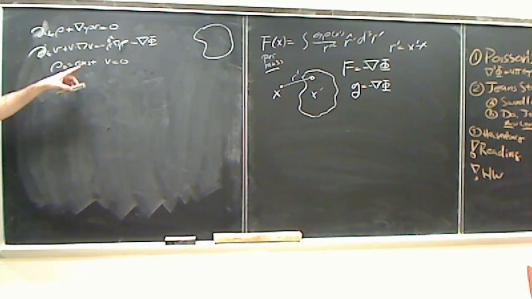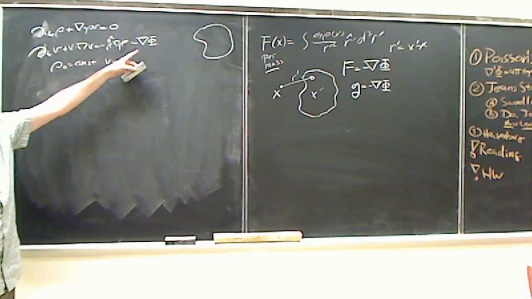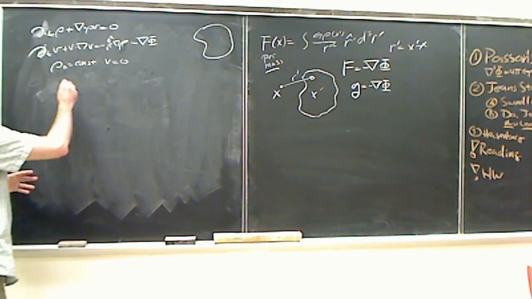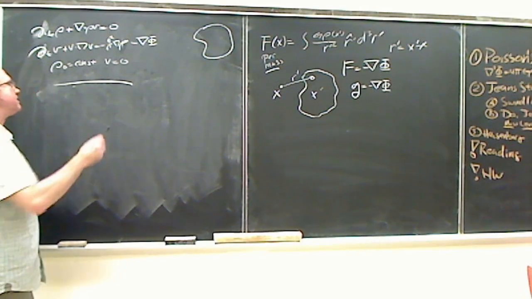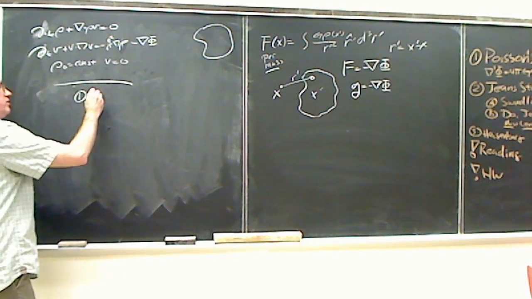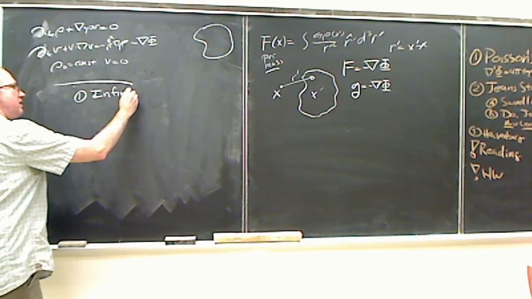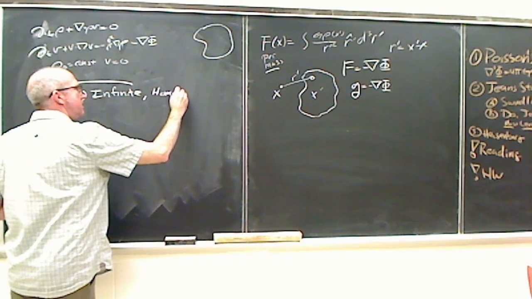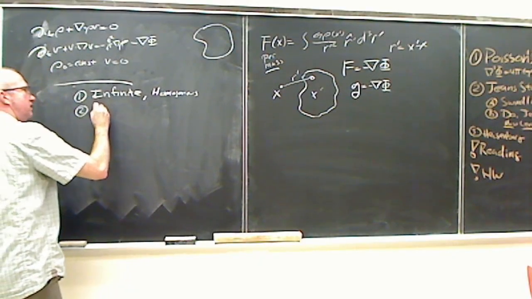So we run into this paradoxical problem where if I'm assuming my density is constant, then my gravitational potential is not well defined. Sorry, that preamble kind of sucked. I'll come back and try it again next time. The upshot is that the universe is either infinite and homogeneous, or